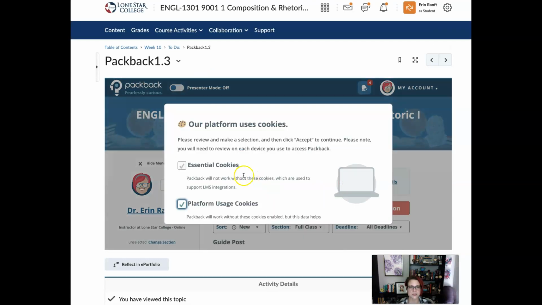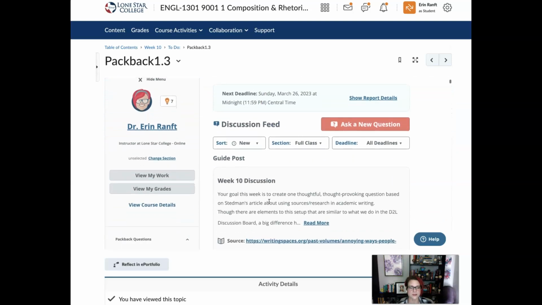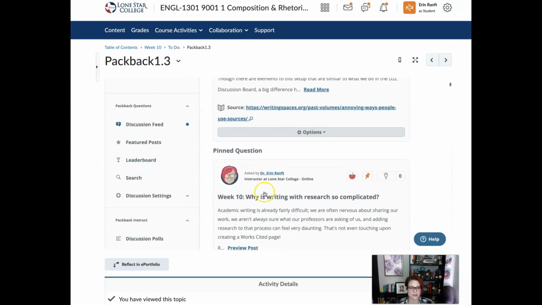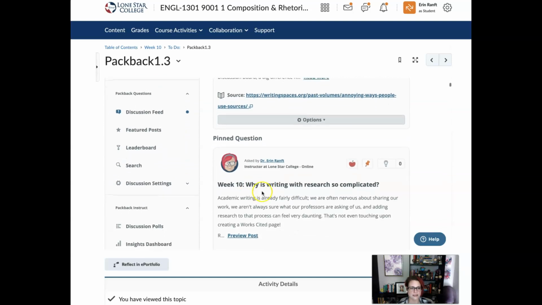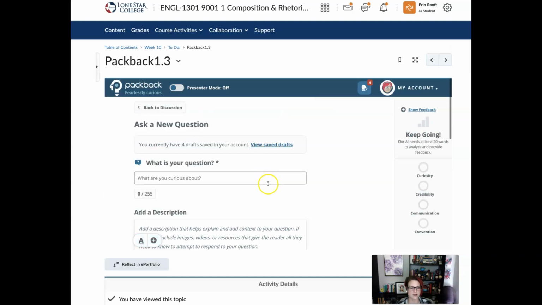And I just want to offer, good grief, every time, a quick reminder to make sure that you're putting the week number before your question. And I have pinned a question here that you can utilize as an example. So you can ask a new question and that will start. Remember to pay attention to this right-hand side. The more you do on this side to account for any errors or issues, the better off your grade will be. I hope you're enjoying Packback.